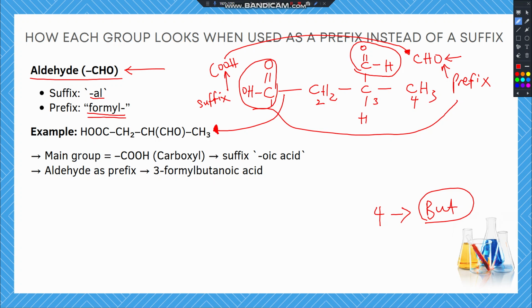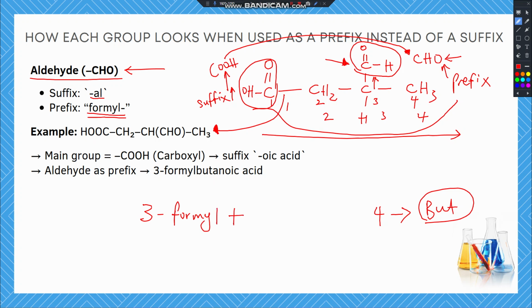So now, if this one is going to be given priority, we're going to count from the end that is closest to it. That is why we're starting our counting from the left to the right. So we have 1, 2, 3, and 4 carbon atoms. So this one now becomes a branch since it's not the main functional group. So we have this functional group on carbon number 3. So that gives us 3 formyl